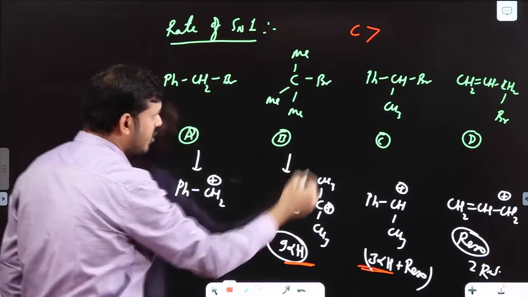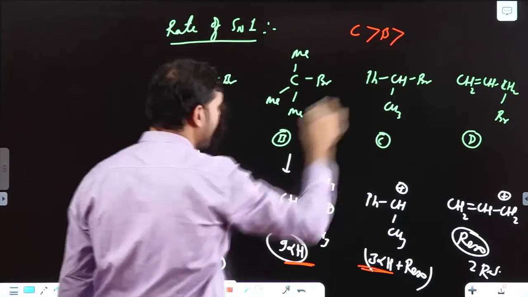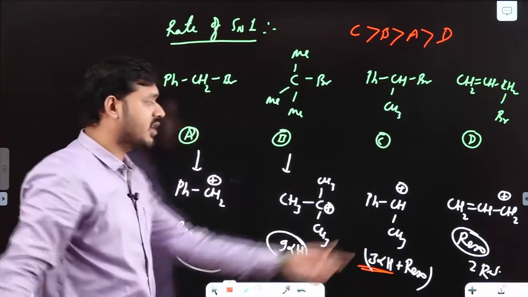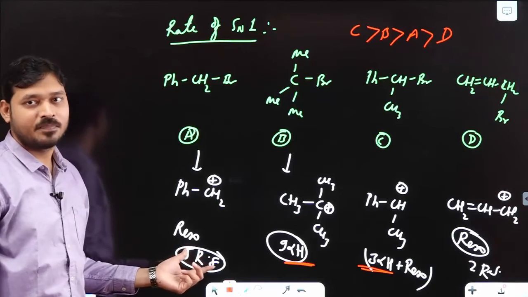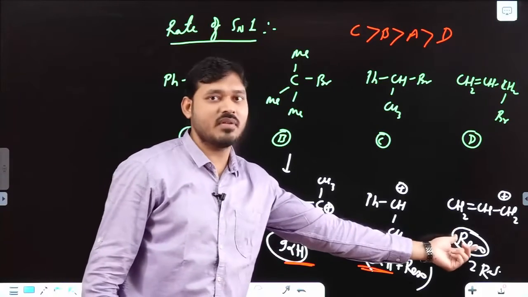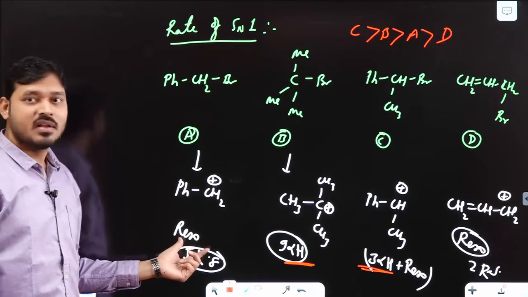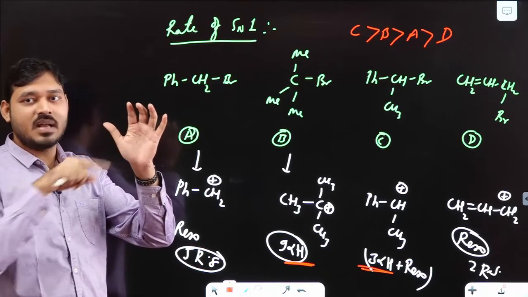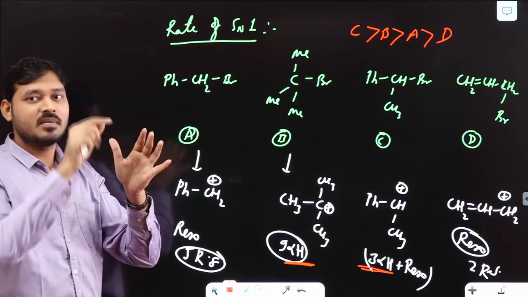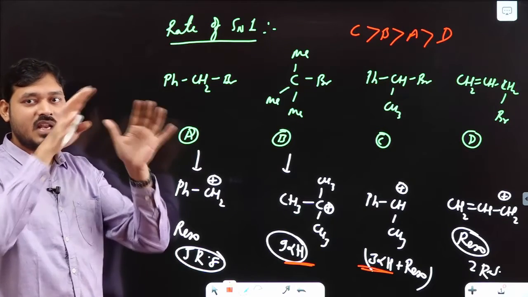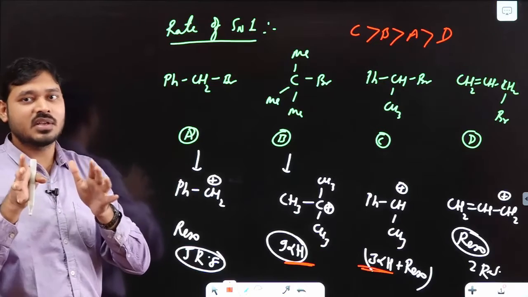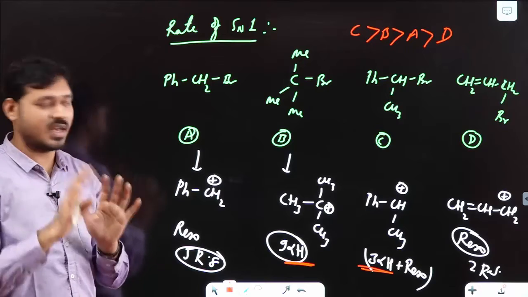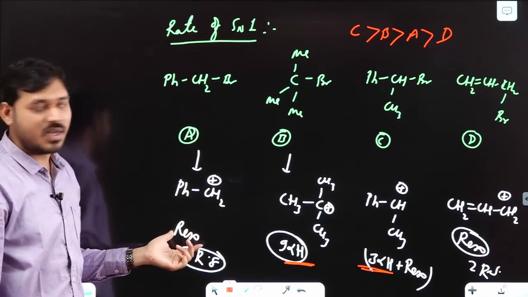Then your B, then A, and then D. Because out of A and D, one is having 2 RS, the other is having 5 RS. Now suppose you say it is having 2 equivalent RS, so this is also having, when one benzene is having double, single, double, and in first RS the plus charge is outside the ring, and the ring is normal. In the fifth RS, you will see the ring has again made the resonance, the plus charge is outside the ring. So it is also having equivalent RS as well.